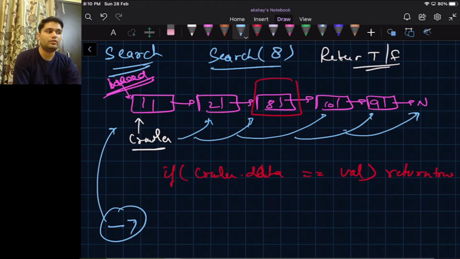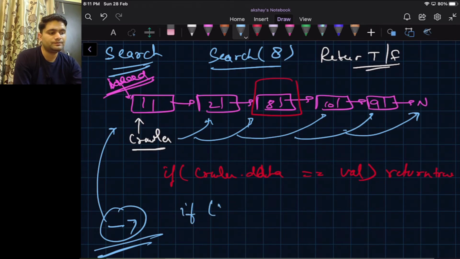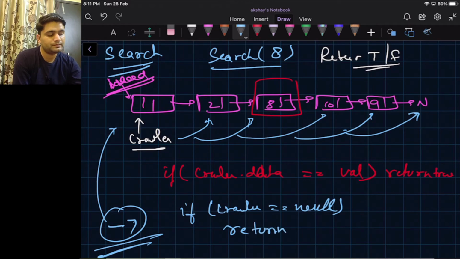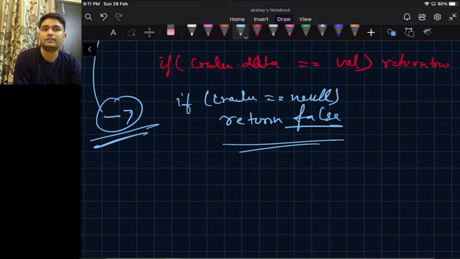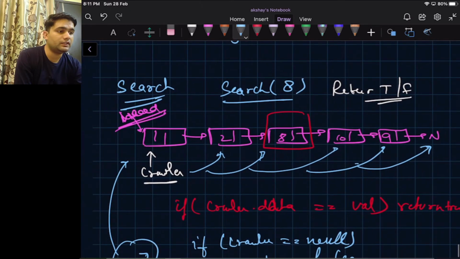Whenever the crawler is pointing to null, we can simply say the whole linked list is traversed and we haven't found the value we are looking for. So if crawler is equal to null, we can simply return false. Okay, searching is done.